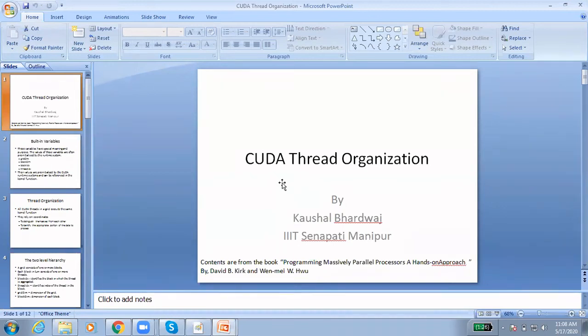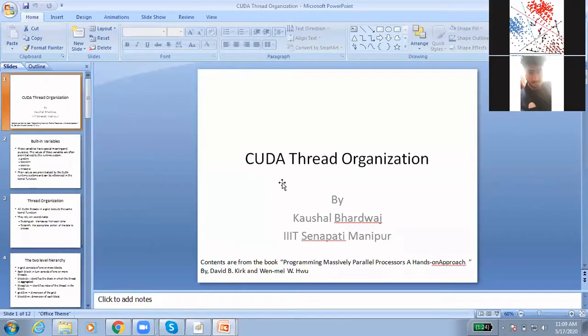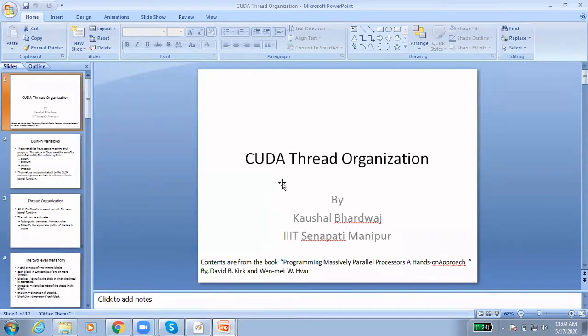Till now, we have seen earlier free, cudaMemcpy and other functions. We have also seen the function declarations where you can use __global__, __device__, or __host__. And you have also seen how the kernel function can be launched. You have to use the triple less-than and triple greater-than, and within this you will pass the number of threads.